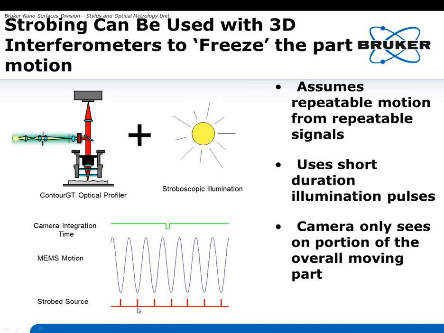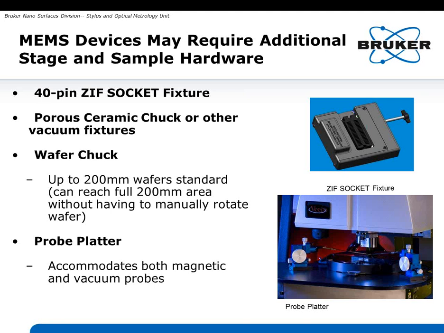And if I then move that strobe to a different relative phase with respect to the MEMS device, I see the motion at a different point. And so I can build up a dynamic picture of what the device is doing. And I can look at different frequencies, different voltages, different drive signals. And all of that looks frozen with respect to the camera, so I get the same high quality results, but I can actually measure things up to 2 megahertz